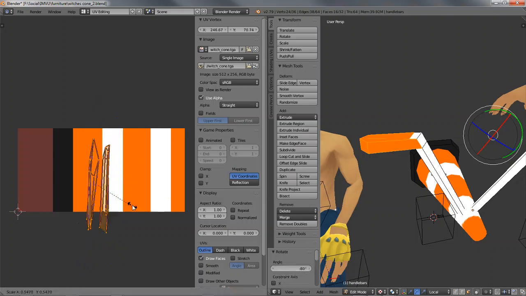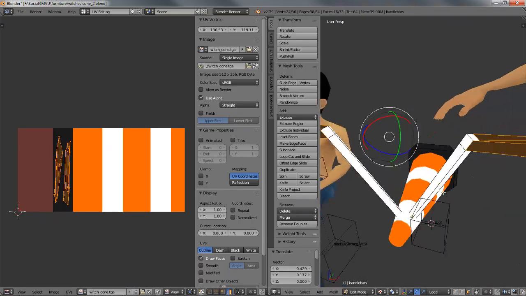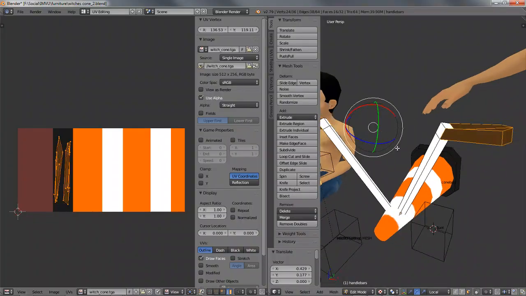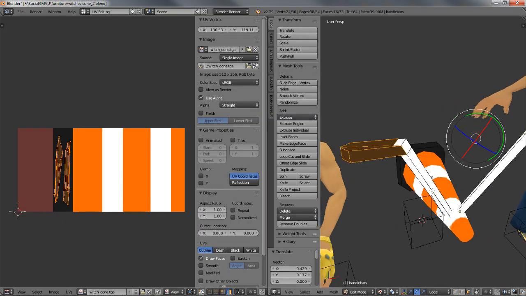And for this, it doesn't matter that again the UV maps are all smushed up and out of shape, because we're only doing a very basic coloration of the object. So we've unwrapped and just squashed the UVs and fit them in this black area, and that gives us our black rubber handlebars. And now we want to unwrap the remainder,